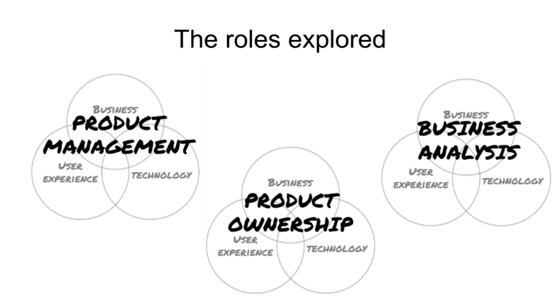The creation of the product ownership role has caused some angst and confusion in product circles. Should there be a product manager and product owner? Should there be only one? If both, who leads whom? Your answer to those questions will vary based on the size of your organization and whether you associate more with the product management community, where product ownership is one of the many things that product managers do, or the Scrum community, where, sure, product owners do product management stuff too, but what really matters is that every team has a product owner.